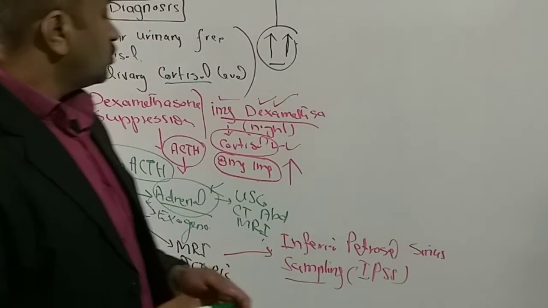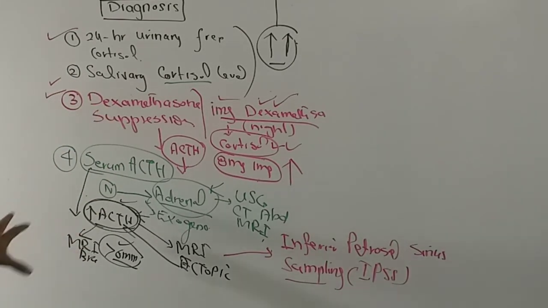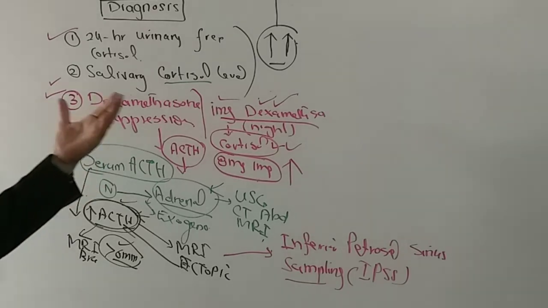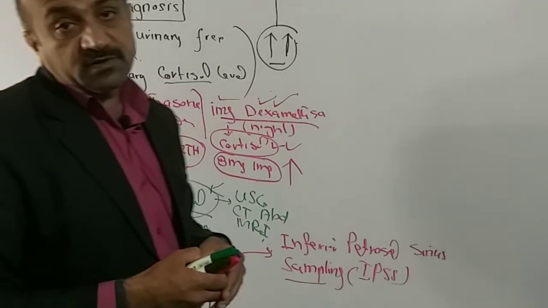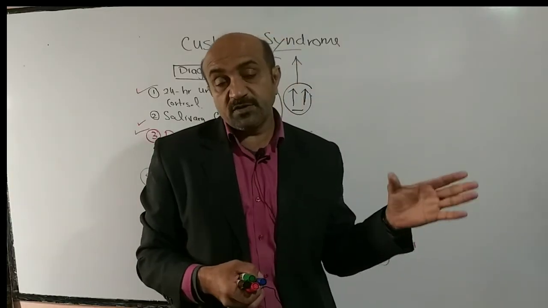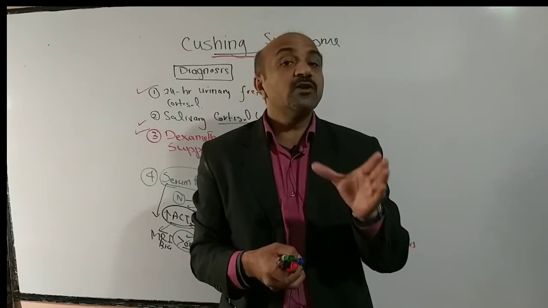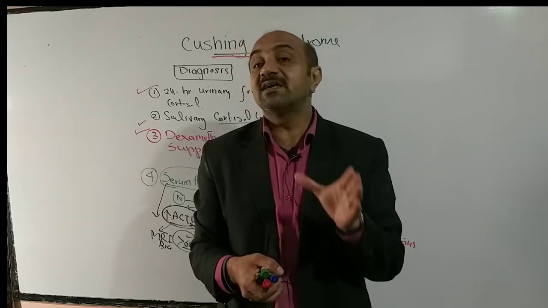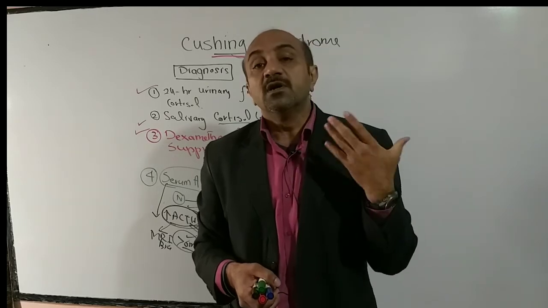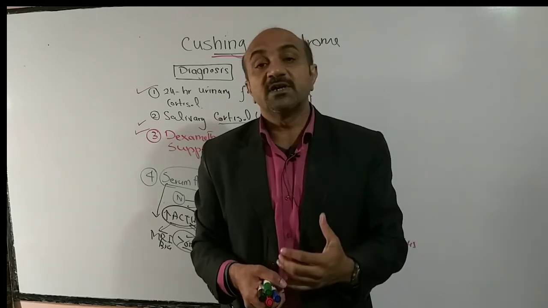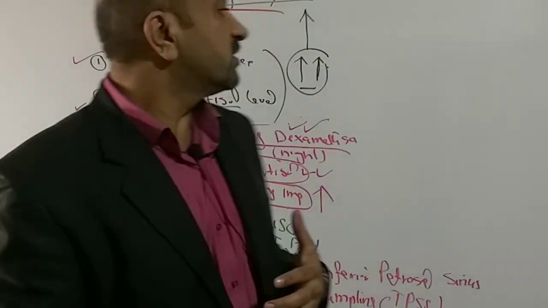Then you are to do specific tests for those. For example, you can check the serotonin level for carcinoid tumor, and you may do the CT scan of the chest for the small cell lung carcinoma. And if the ectopic cause of the higher ACTH, which is leading to higher concentration of cortisol in the body, is thyroid medullary carcinoma, then you are to do the tests of thyroid. For example, you can go for the ultrasound and other tests, which are nuclear tests.